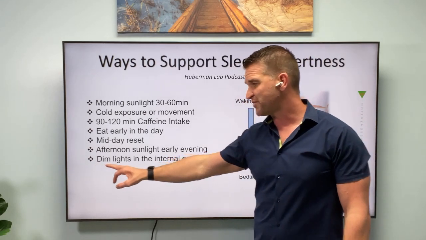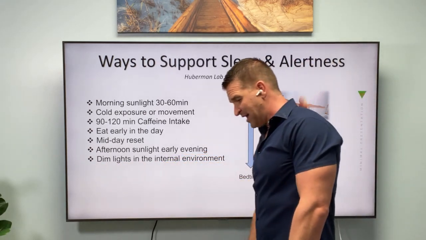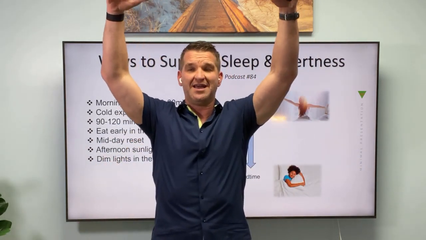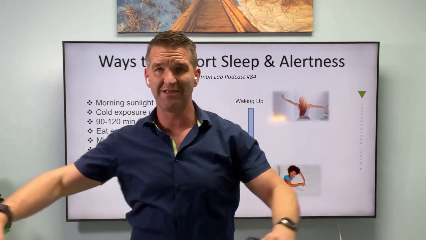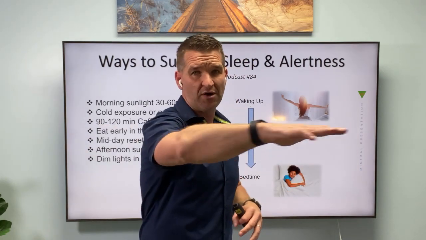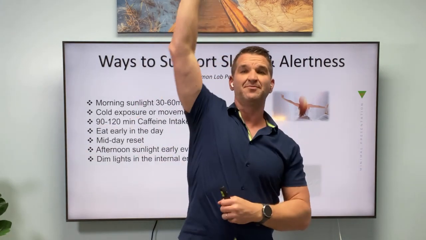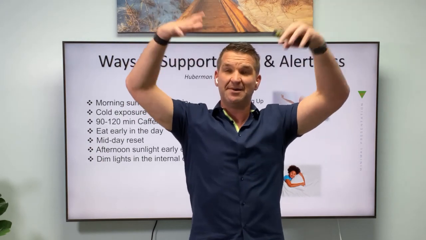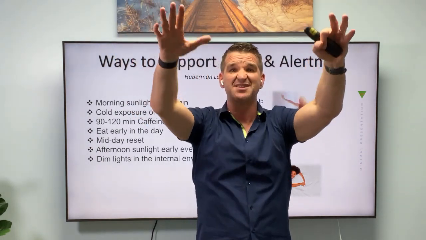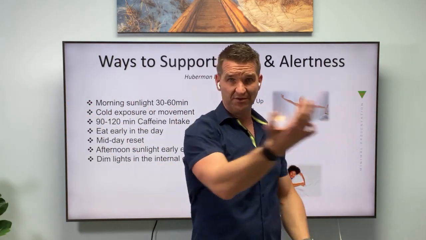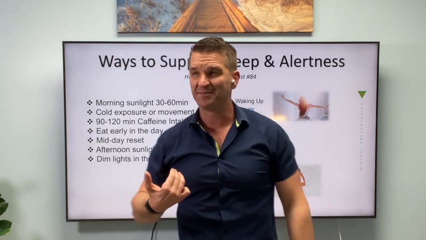And then as you go into the night, you want to dim lights in the internal environment. Dim lights basically means, in a perfect world, go from overhead lighting to more lamps. So lights that are more in this plane, more horizontal, like eye level, as opposed to overhead lights. Overhead lights are definitely more stimulating and cue the body that the sun's up, it's time to rock and roll. As the sun sets, the sun's now more in our visual field,